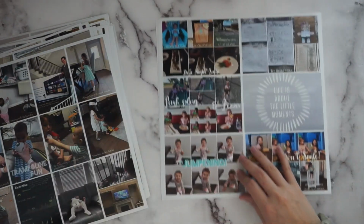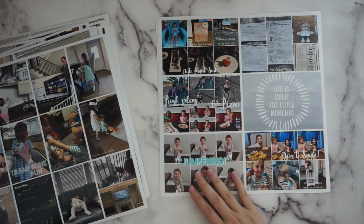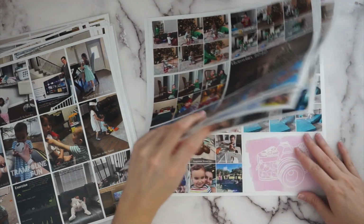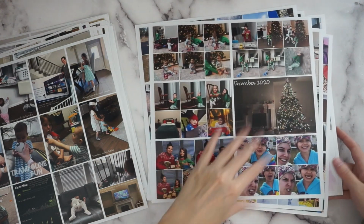And this was one of my favorite ones. She said jumping. I couldn't remember. She said that as soon as I saw this, I was like, oh, I remember she loved to jump. She called it jumping, which is super cute. I love having all of these memories. That's all December. So this is all December